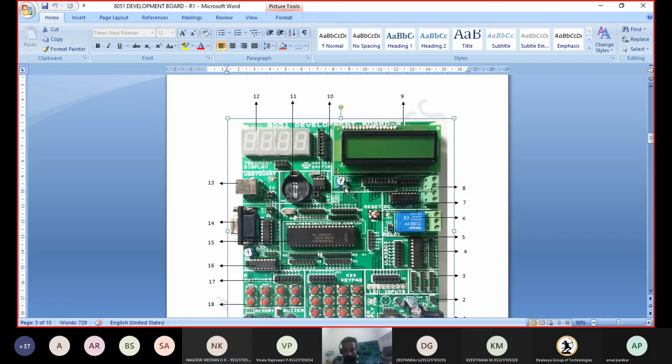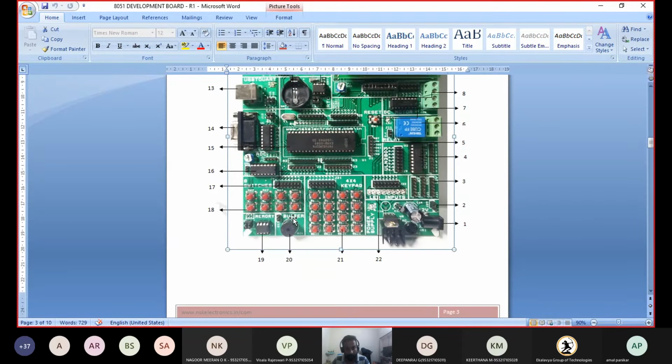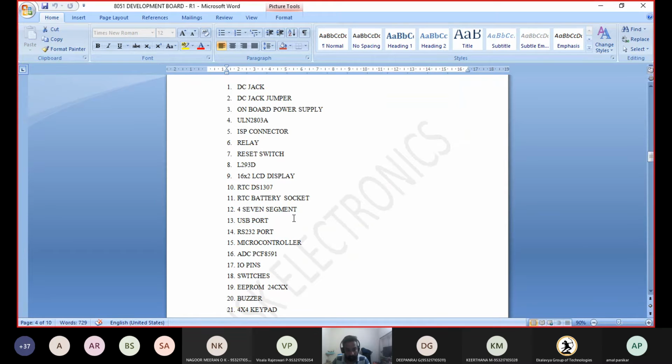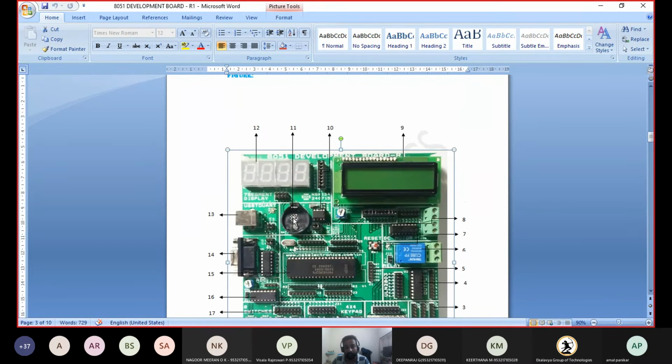Next, the 10th one has a small IC. Yes, a very important thing: this is the RTC DS, the real time clock. It has a backup battery.